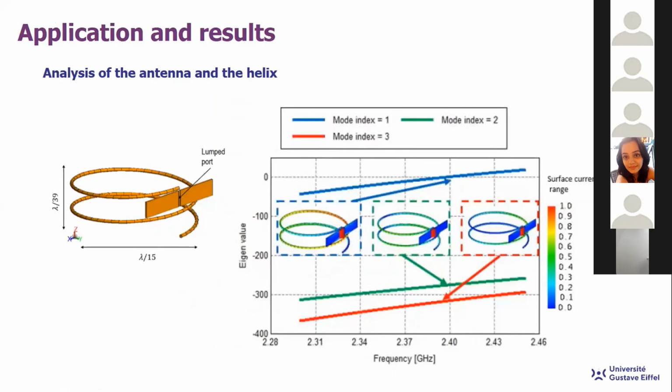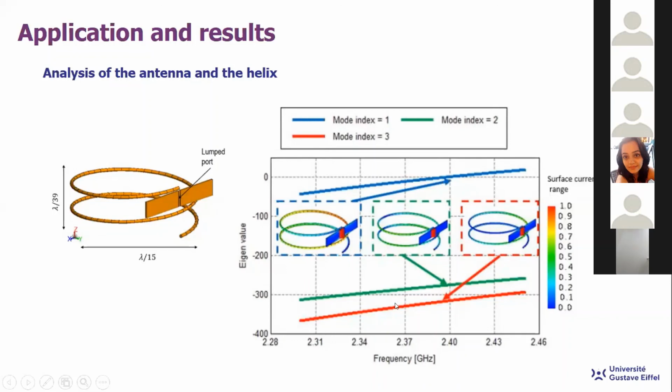Now let's move, after analyzing the modal significance coefficient and knowing the best position, to how to excite this chiral metamaterial to obtain the best position and the best excitation. We will study the combination and try to understand the energy compensation between the dipole and the chiral metamaterial. So here are the eigenvalues of the proposed antenna, which is resonating at 2.4 gigahertz.